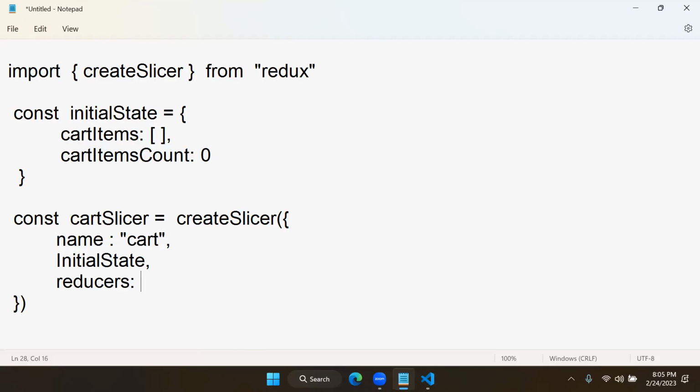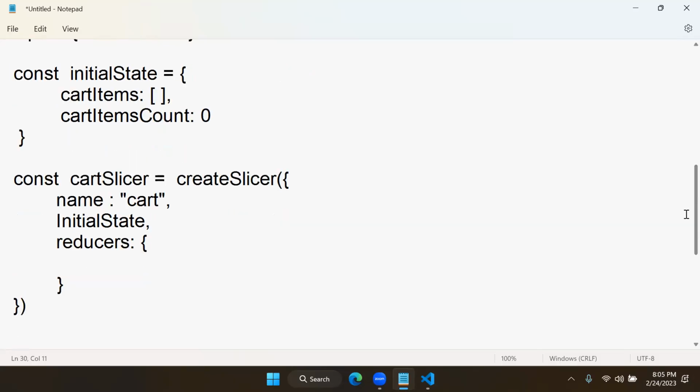That means what does a slicer contain? Slicer contains information about the slicer name, what initial values it has to manage, and when the data needs to be updated in the store. What data needs to be updated, and when it should be updated, that is decided by reducers. Actually, reducers is a function. This reducers function